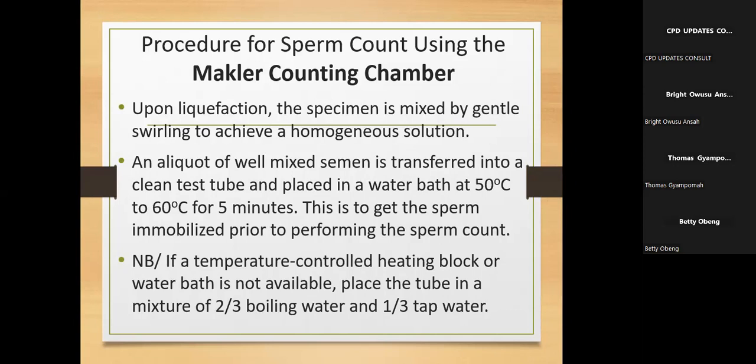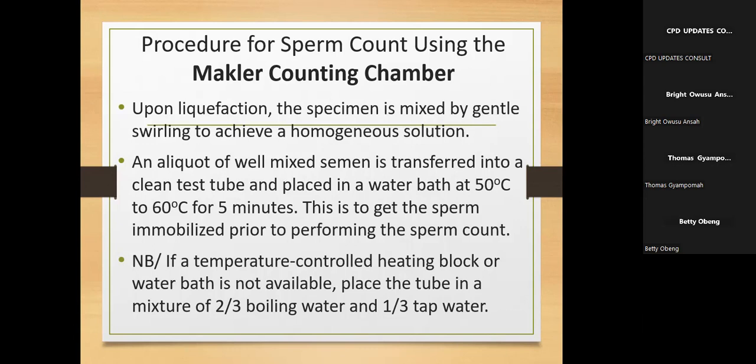immobilized. So if somebody produces, let's say, 2 mils of semen, and you use everything to go through the process of the macro chamber, it means that you are going to kill all the sperms. So you just take a little amount of it and put it in a test tube. It is this test tube that we are going to put into a water bath of around 50 to 60 degrees. And this